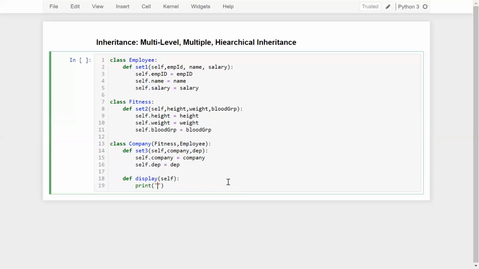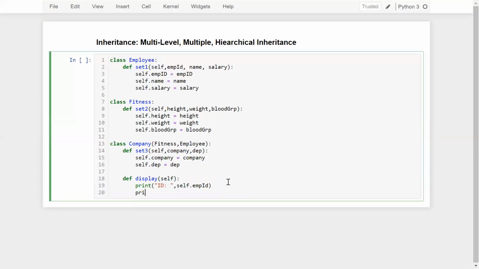Let me print the ID of the employee, so simply self.employee_ID. Then print the employee name, self.name.